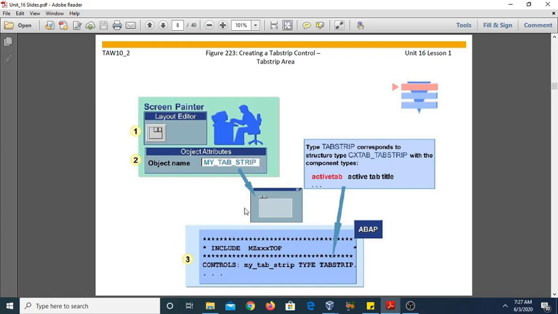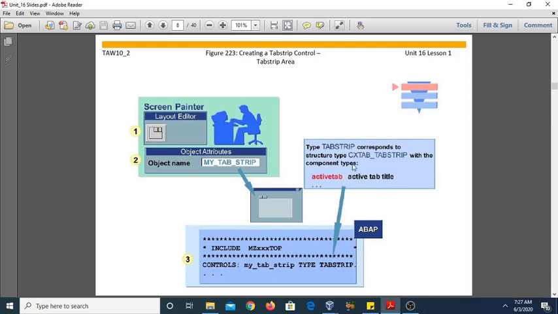Step number 3, you can use it in your program. Here you can define the particular object of the tab strip with the help of controls. So this is a type of controls, and we can use the keyword CONTROLS, my tab strip, then TYPE TABSTRIP, if you are using ABAP programming.